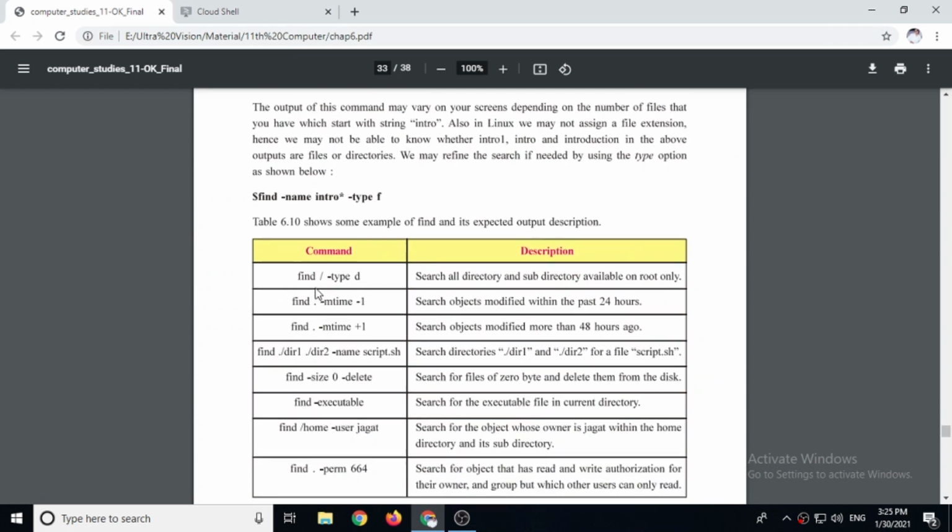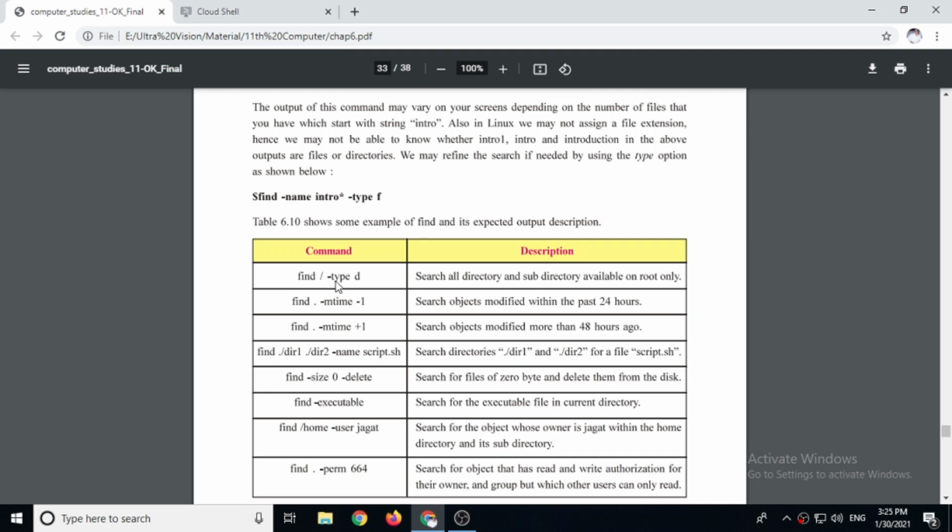Now there are a few options that you can use. Find slash minus type D. See, this forward slash means root directory. So it searches all directories and subdirectories available on root. So actually it will search the entire hard disk.